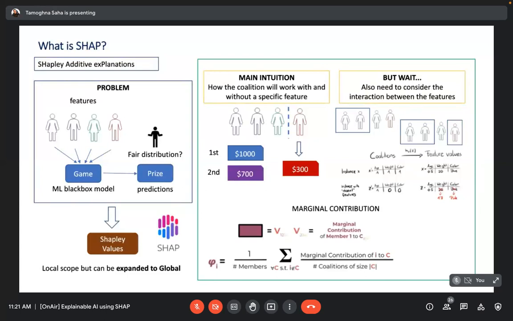Simple. You just subtract the value of all of them minus the one without that particular individual, just like we did 1000 minus 700. So 300 would be the marginal contribution of the fourth member, for the team having only members 1, 2, and 3.